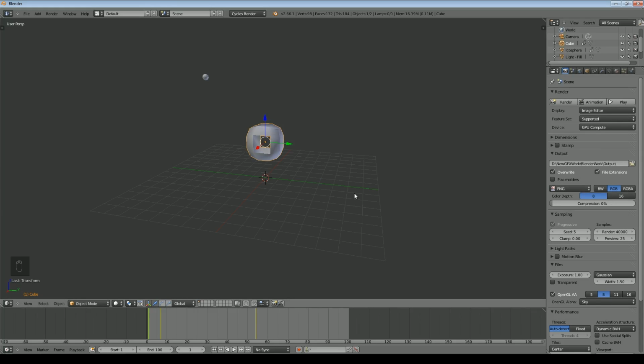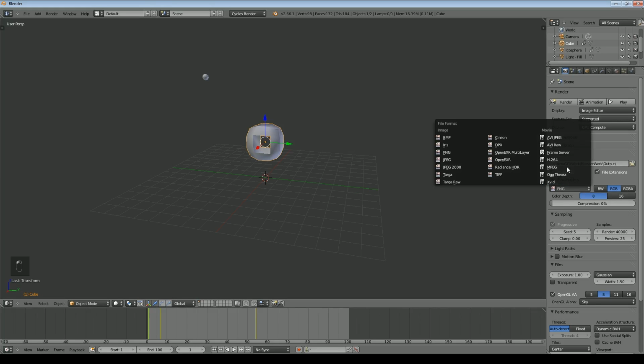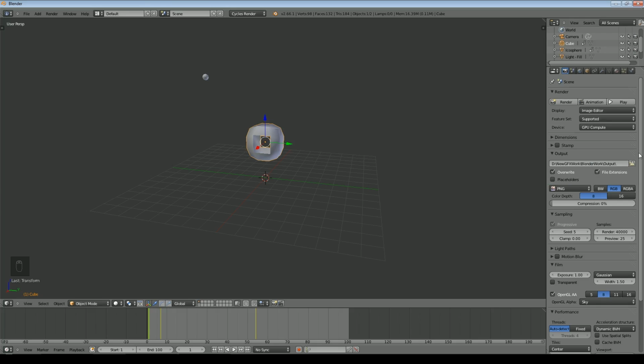If it's just a very, very quick short render and each frame doesn't take very long to render, you can output it into, say, an AVI or MPEG format, any of these movie formats, because there's not too much of a problem.